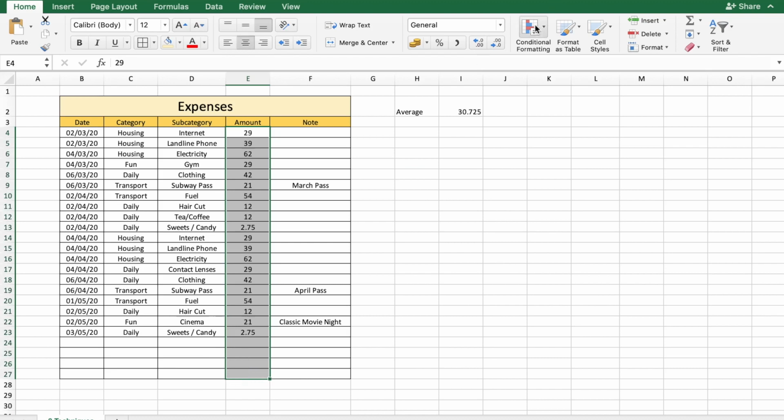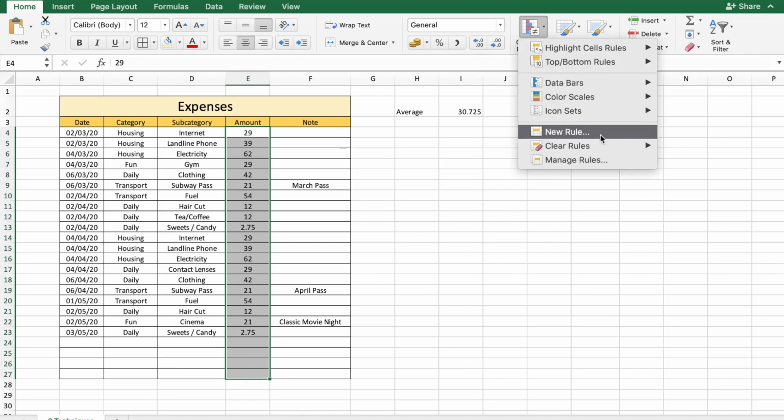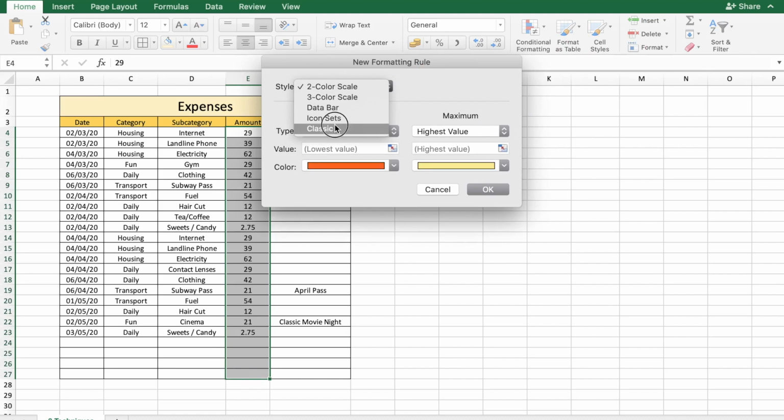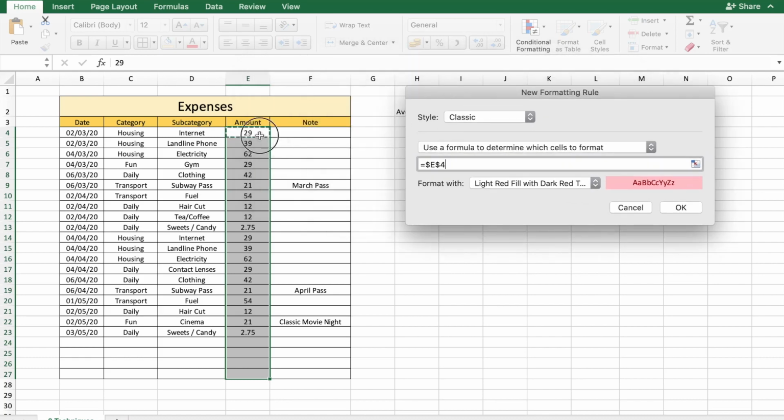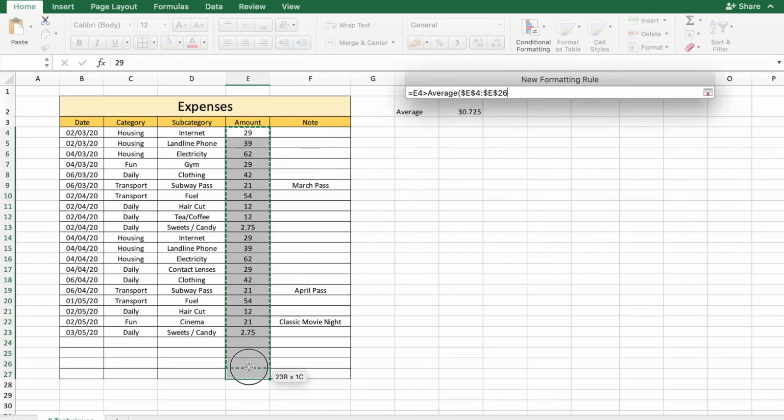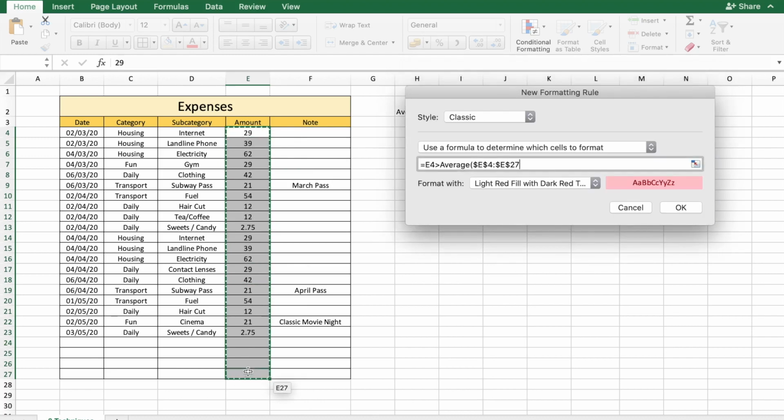Let's select the cells here, go to conditional formatting, new rule, choose classic, go to a formula, use a formula, and out here we need to put equal to the cell E4, remove the absolute reference, should be greater than average of E4 to E27. We are going to put extra cells out here just in case when the data increases, and close the parenthesis and say OK.